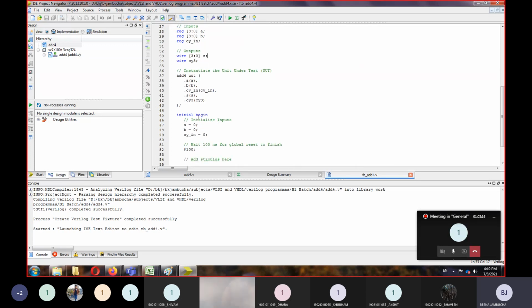Initial will be used to force the simulator to work sequentially. And let's give some time. Let's say after 5 nanoseconds, we want the value of A equal to 0, B equal to 0, and carry in should be 0.